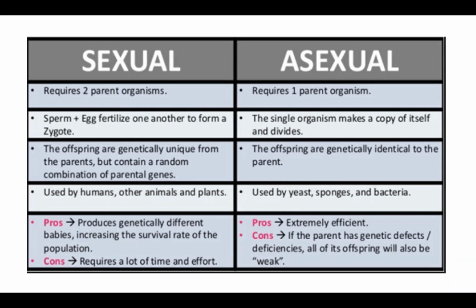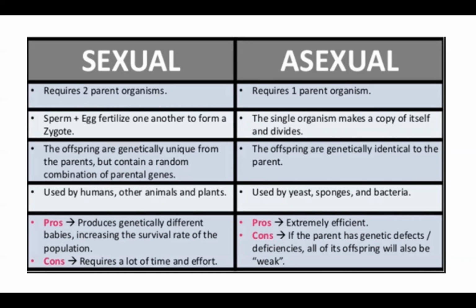As we think about evolution and adaptation to our environment, having genetic variation in each generation provides survival advantages. One of the disadvantages, though, of sexual reproduction is that it is a very cumbersome process. It takes a very long time and a lot of effort. You've got mating happening, and once this new organism is generated, for example a human, it takes a whole lot of time for it to be completely formed and developed. So sexual reproduction requires a lot of time and effort.